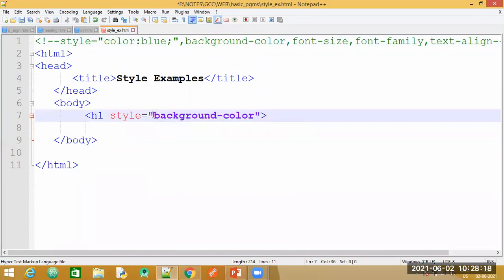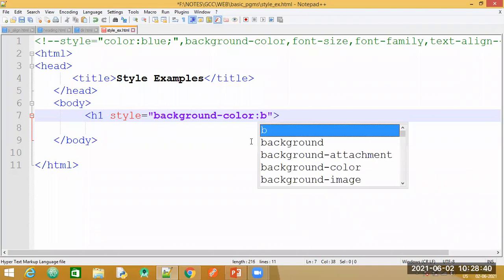Now in the double quotes, see, this is my property or the attribute. So for that I have specified I need to apply a background color. Now I also need to tell what background color should be applied. So I need to specify this value for the background color. So you give a colon and then you can specify any color.